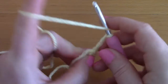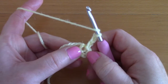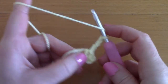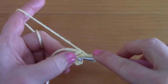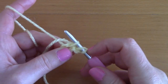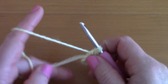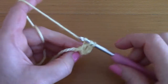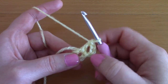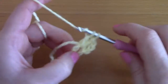So now we are going to be placing 2 more double crochets inside this center. To create your double crochet, you will be wrapping your yarn around your hook and going into the center, pull up your yarn, and you have 3 loops on your hook. Take your yarn and pull through 2 loops, and take your yarn and pull through 2 loops, and this creates a double crochet. Now we are going to be making another double crochet, so just go ahead and do that,